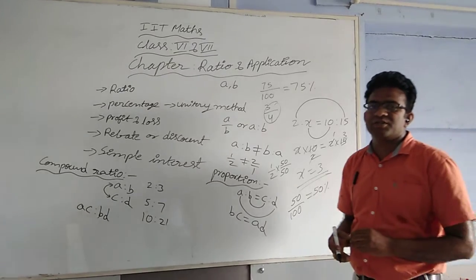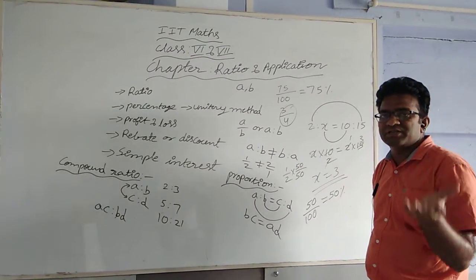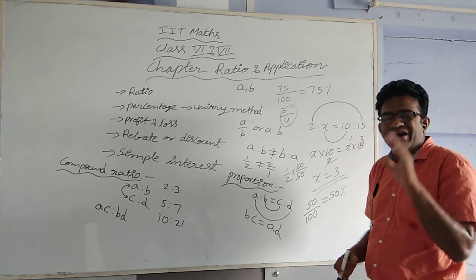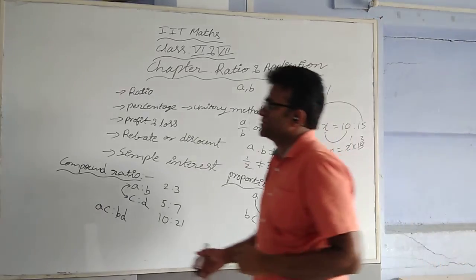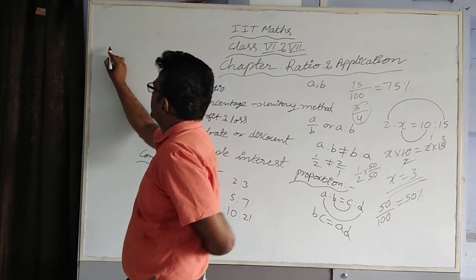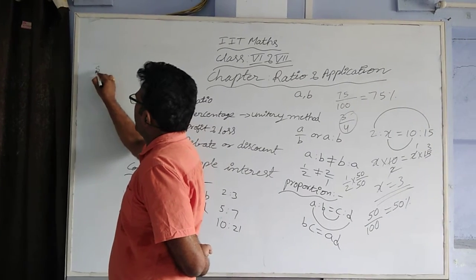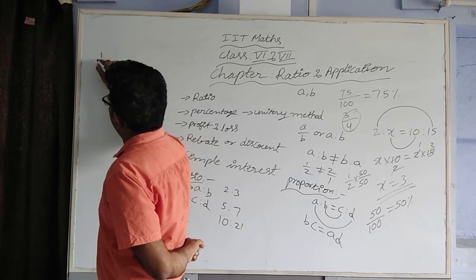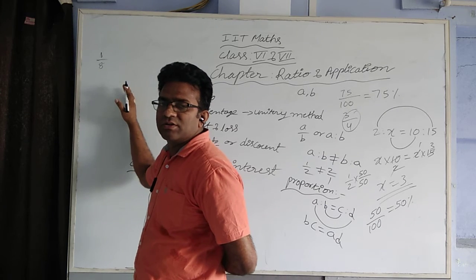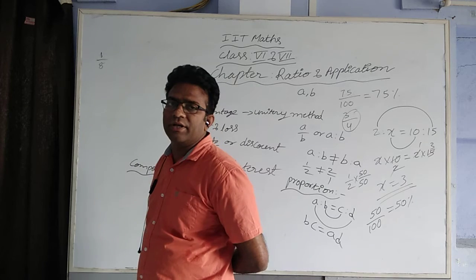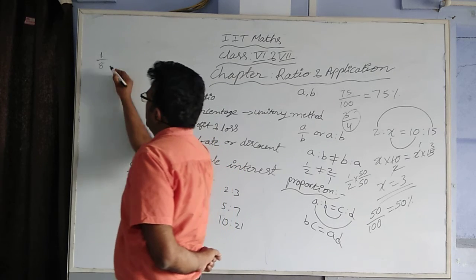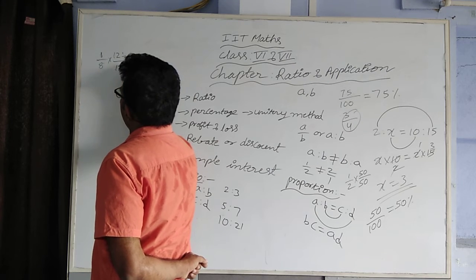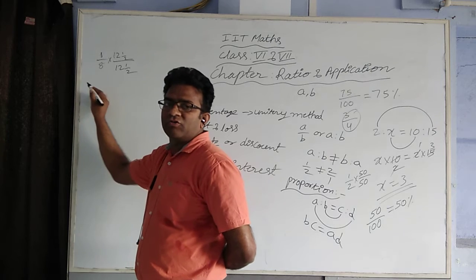So there is a conversion. We are converting fractions into percentages and percentages into fractions. First of all, we are going to convert fractions into percentages. One more example I am considering here: 1 by 8. I want to convert this into a percentage. So I want to see 100 in the denominator. What am I going to multiply here? 12 and half by 12 and half. 8 times 12 and half is how much?